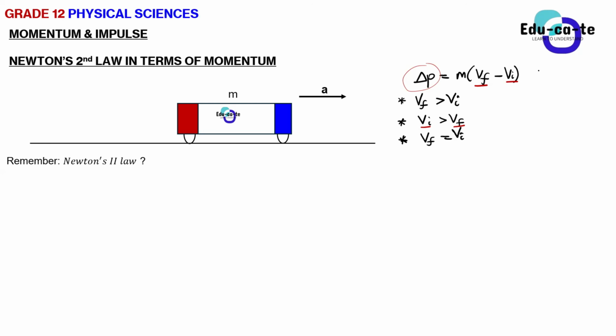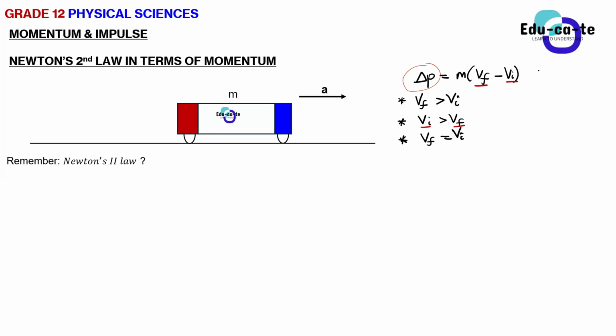Sir, I'm so sorry to disturb your class. But sir, as you're teaching here, I'm with my guidelines, referring to the guidelines and what you're saying. On the guideline here, it says describe the vector nature of momentum and illustrate it with some examples. Draw vector diagrams to illustrate the relationship between initial, final, and change in momentum for each of the cases above.